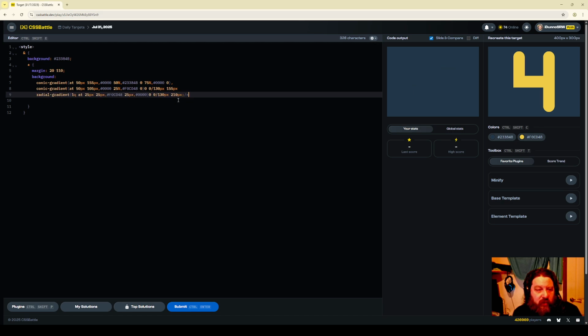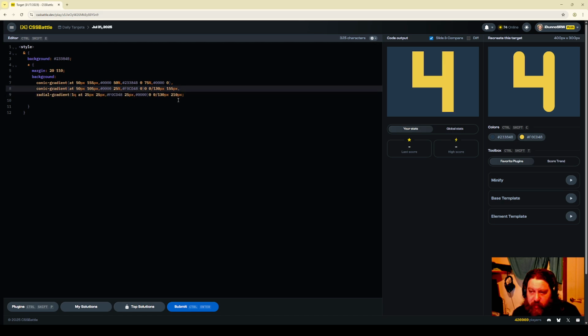Let's go back and put the radial gradients back in. Now, which one was the bottom one? I think that one is the one that takes stuff out. So we'll change this to a linear gradient, 90 degrees,